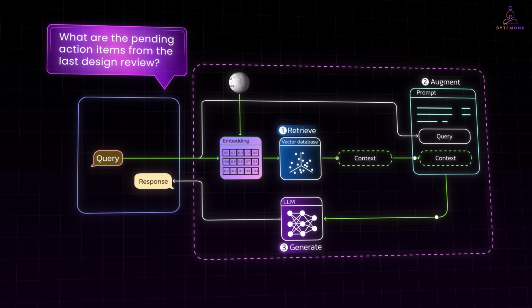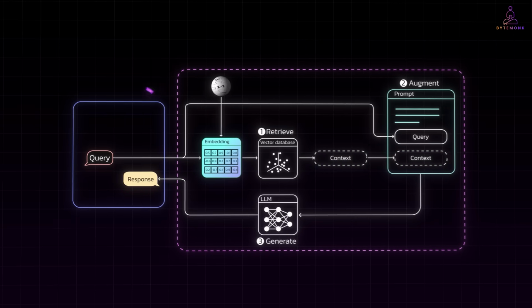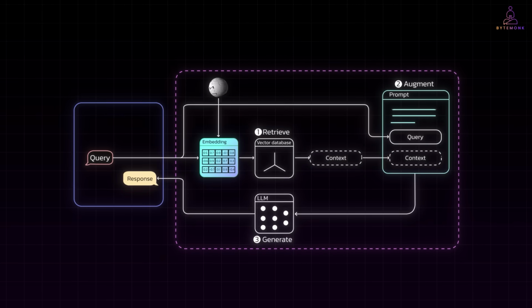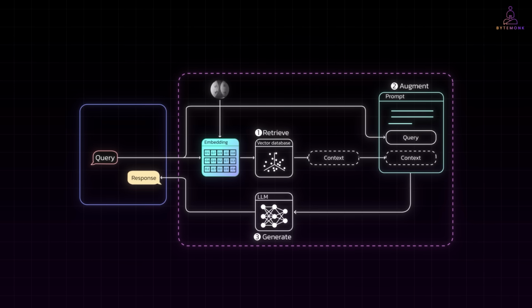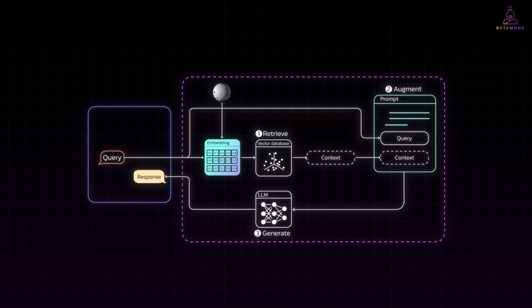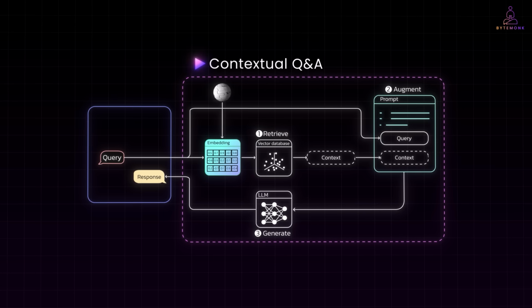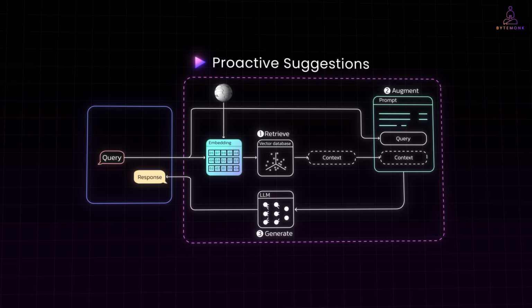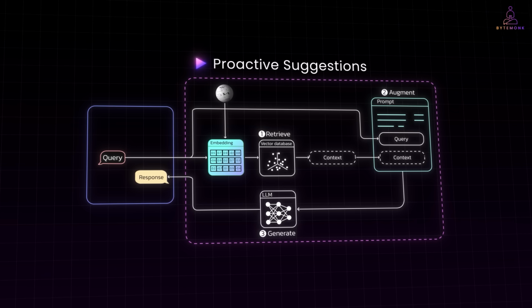The model then generates a summary that's grounded in the actual meeting notes, not just its general knowledge. This makes the AI's answers specific, accurate, and up to date. It also cuts down hallucinations because the model isn't guessing, it's working with real data you provided. In productivity apps, RAG is everywhere. It powers semantic search, contextual Q&A, and even proactive suggestions like reminding you of a document when you start a